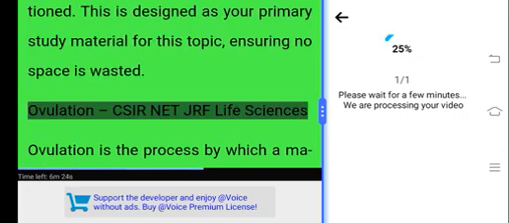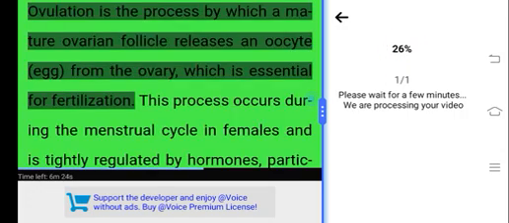Ovulation, CSIR-NET JRF Life Sciences. Ovulation is the process by which a mature ovarian follicle releases an oocyte, egg,